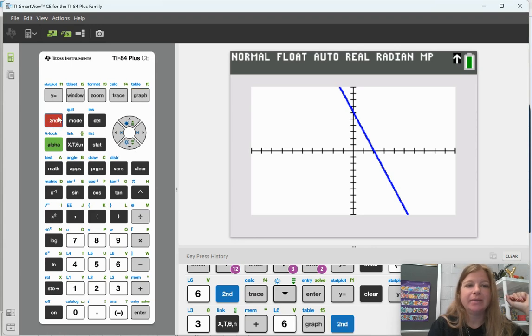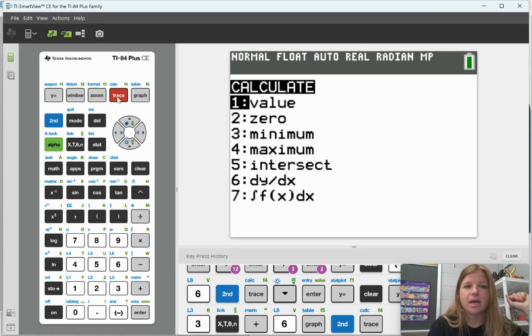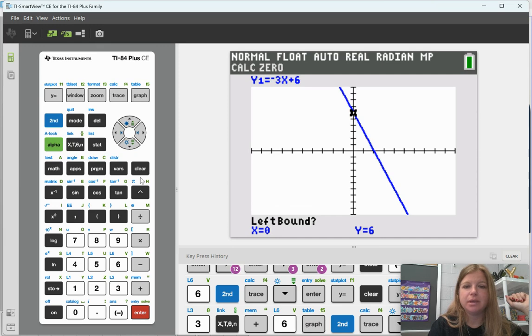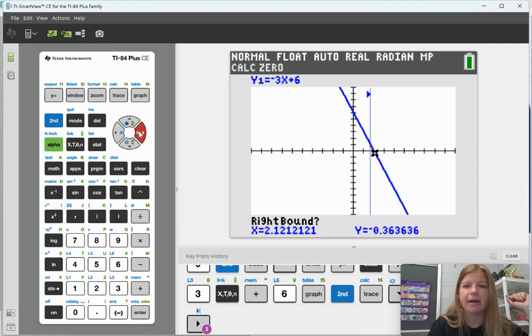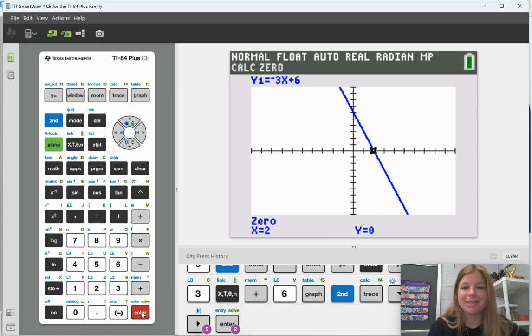So I do second, trace. I go down to the second option of 0, press enter. I want to make sure that my cursor is left bound of my x-intercept, which about here looks great. I'm going to press enter. I then need to have my cursor right bound of the 0, so I'm going to click the right arrow a bit until I know that my cursor is definitely to the right of that x-intercept, and press enter. The final step, press enter again for my guess, and look, it does tell me that my 0 is at